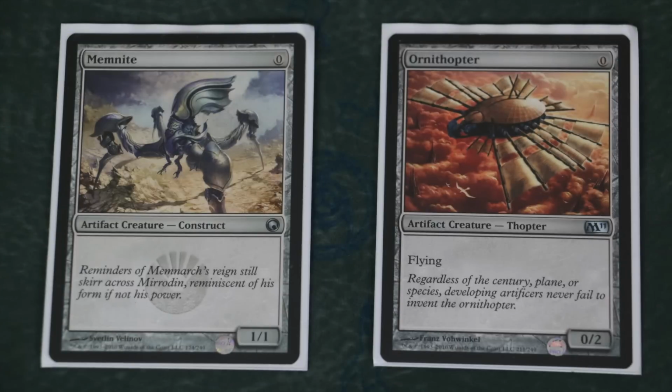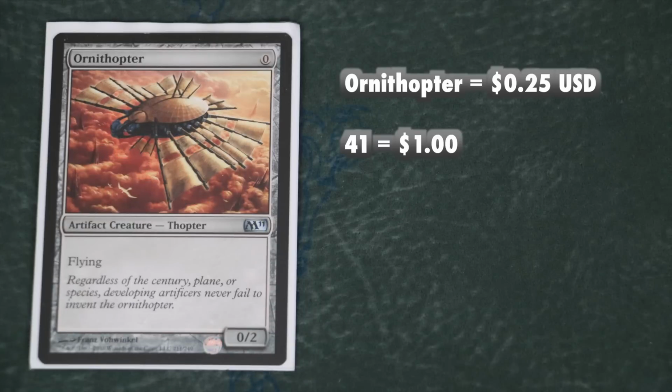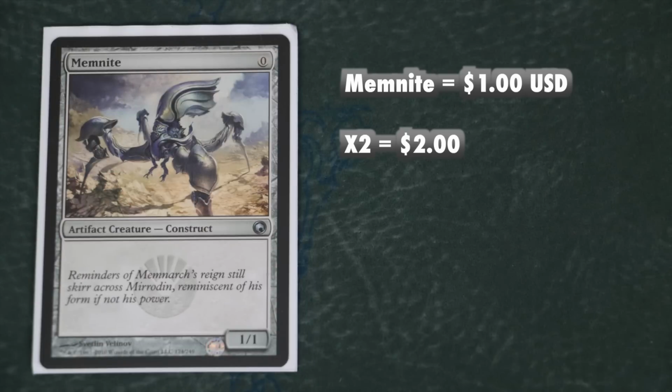Ornithopter and Memnite are simply combo enablers. They are artifacts which you can cast for no mana, so they can activate your Opal on turn 1 and allow for some explosive plays. Ornithopter is also a decent target for Ensoul or Cranial Plating, and they're both really fine for most of your